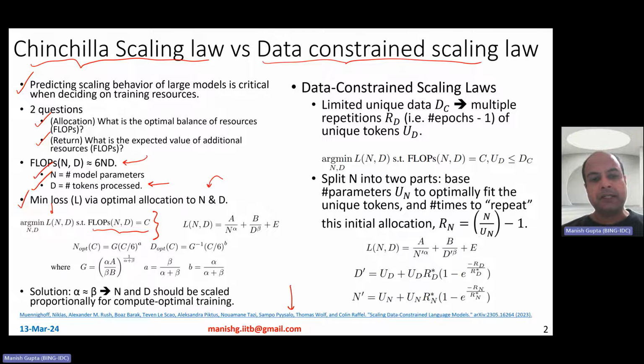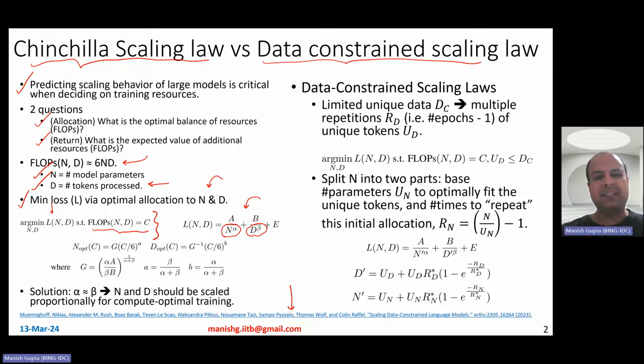And in the Chinchilla paper, essentially they came up with this form of the loss L(N, D), because the idea is that if you have a larger number of parameters, your loss should be smaller. And similarly, if you're training on a larger amount of data, your loss should be smaller. So therefore it justifies why N and D are in the denominator. Now in this formula, A, B, E, alpha, and beta are all hyperparameters to be tuned on a particular data or language or a family of models.